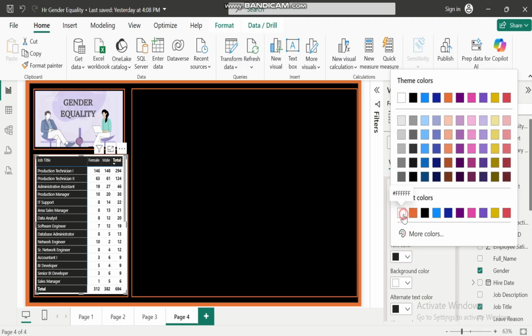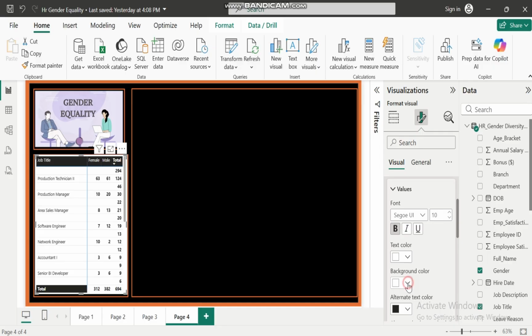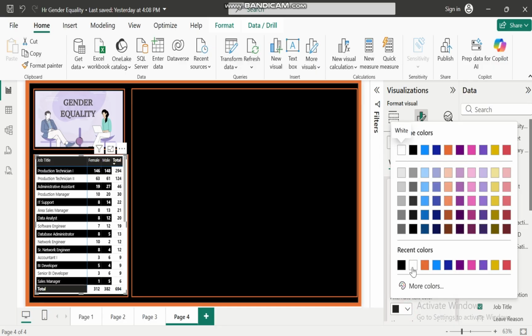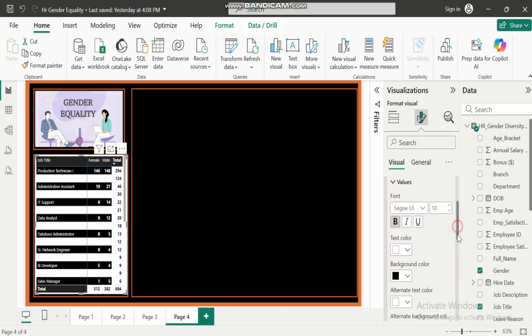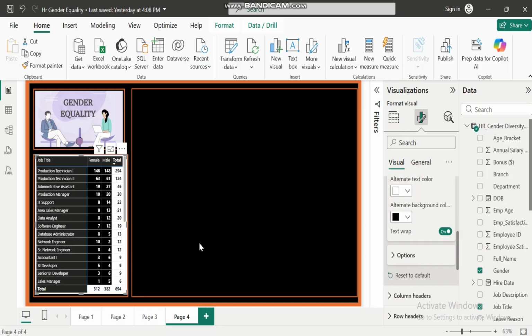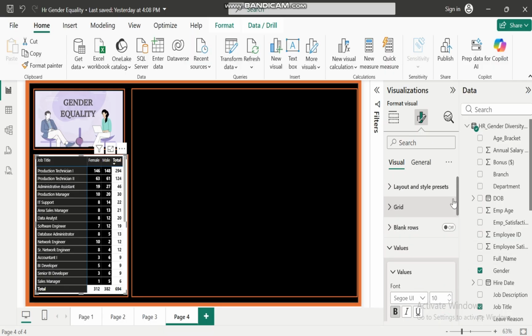And then we are going to say this. But the background, we want the background to be black. And then we want this to be white, and we want the background to be black, like so. And so we have this. And we can decide to take the,